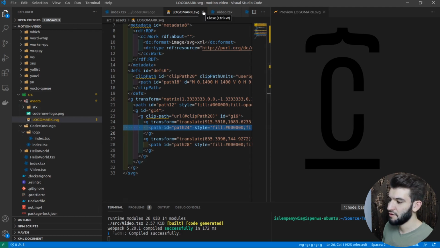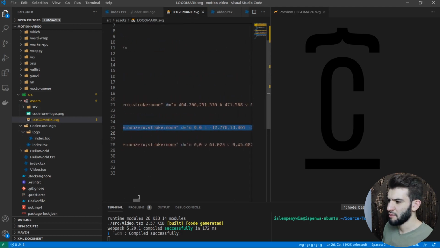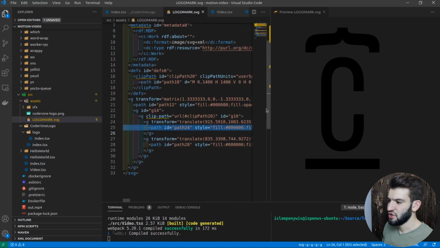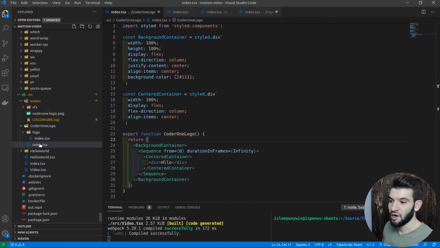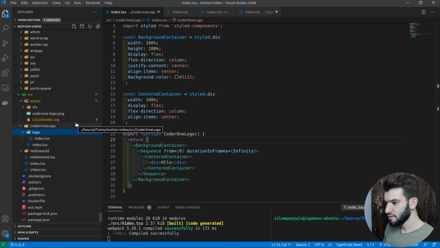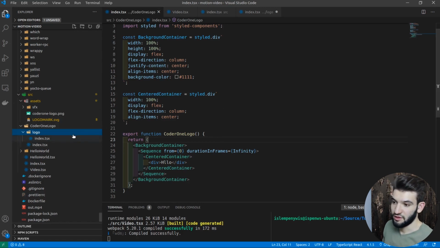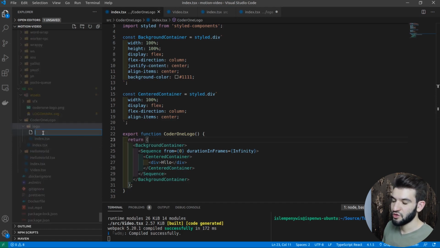I already did a couple of them because it's super weird to work with SVGs and dealing with paths and putting the directions and rendering the stuff. So I'm not gonna want to make the video super long, so I did that already. I put in some components. I'm probably just gonna copy some paths and these throughout the video. This is not really important, that part of this video or the main reason why this video exists anyway. So as I said before, I was gonna put things together in here, and what